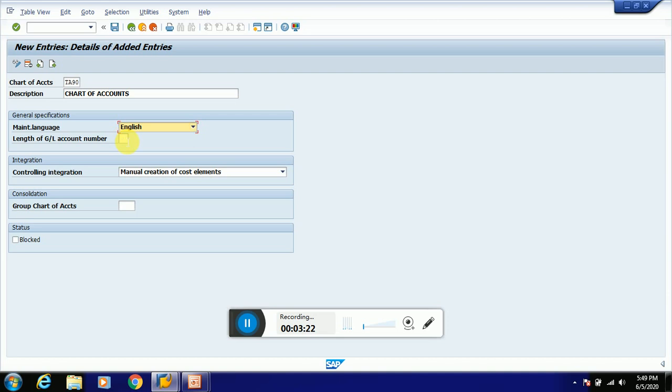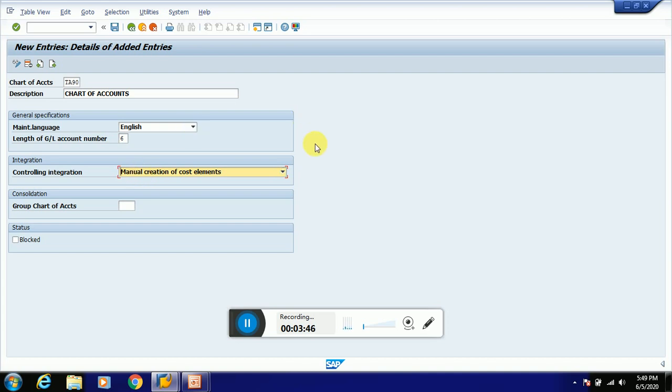Length of GL account number: here the length of GL account number can be minimum 1 or maximum 10 digits. In real time, mostly all companies go with a minimum of 6 digits for the GL code. By default there is controlling integration.